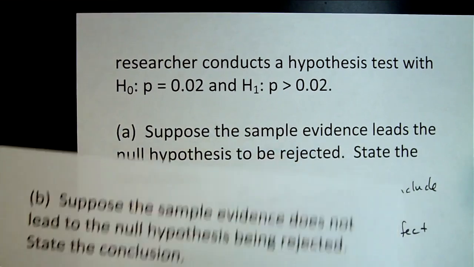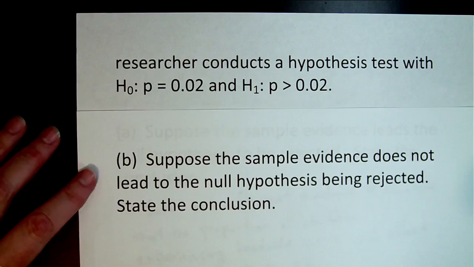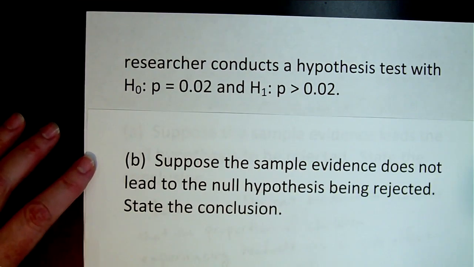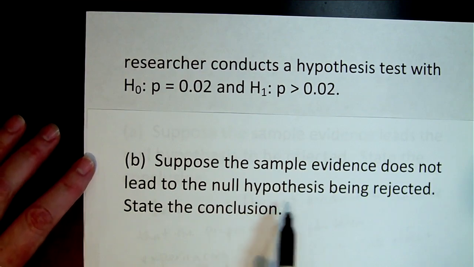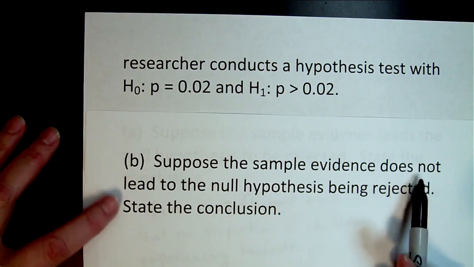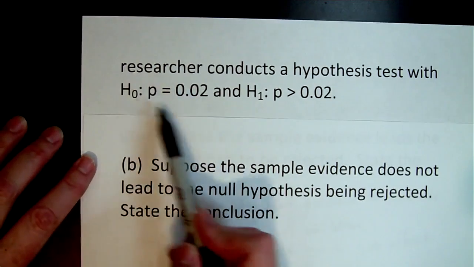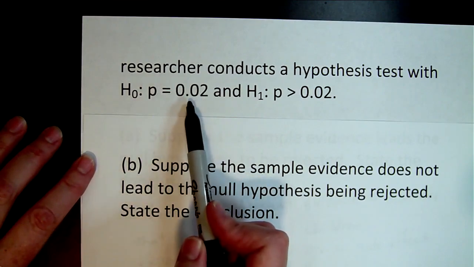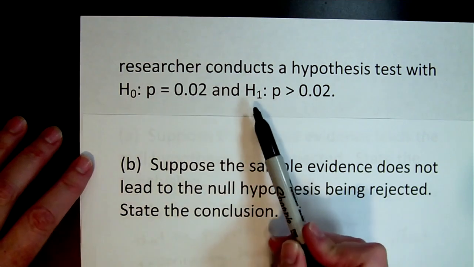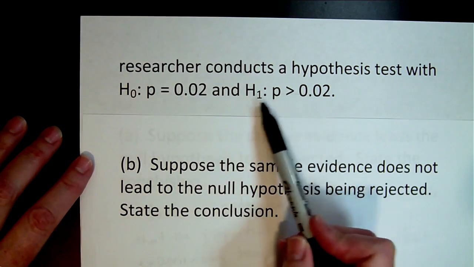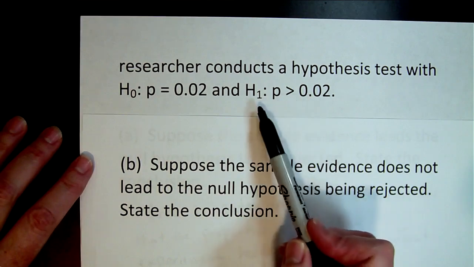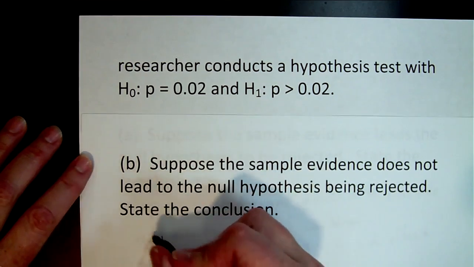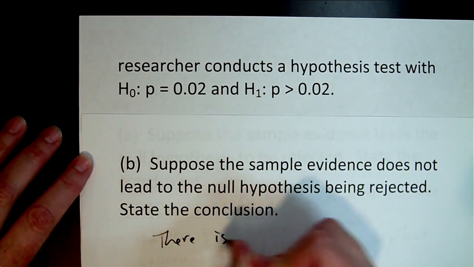Suppose, on the other hand, that the sample evidence showed us just the opposite. Suppose that it showed that we should not reject the null hypothesis. So this time there's not evidence to reject the null hypothesis. In other words, the evidence does not support the alternate hypothesis. So we're going to state our conclusion by saying just that. There is not